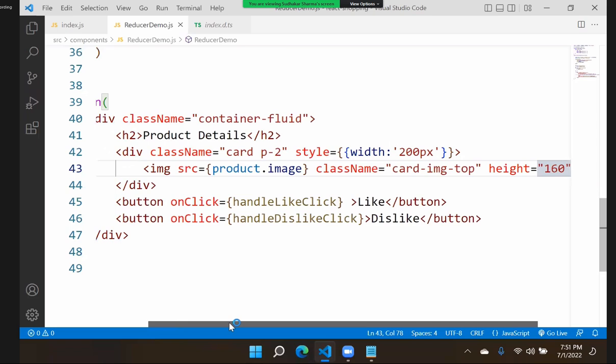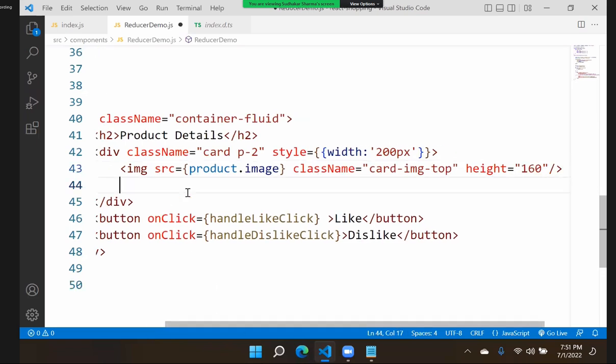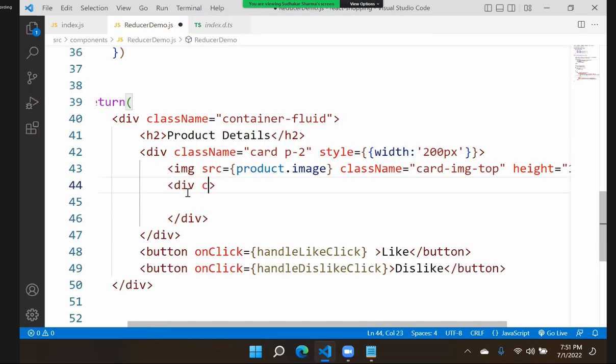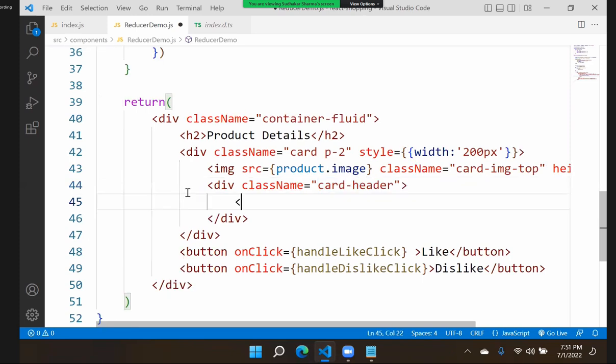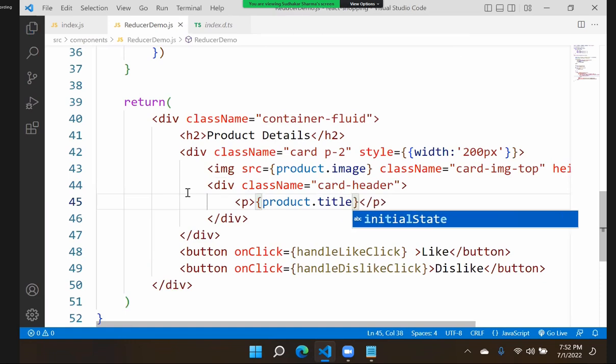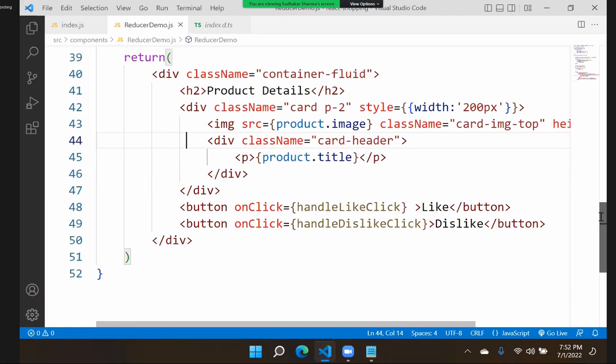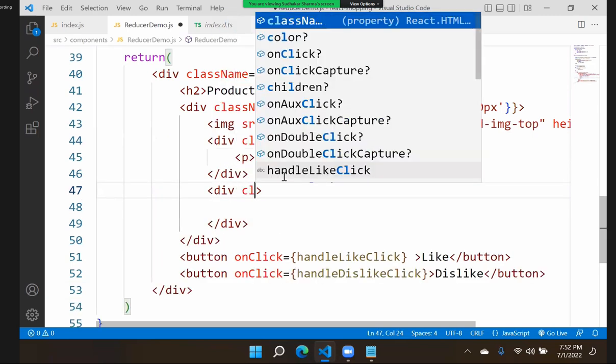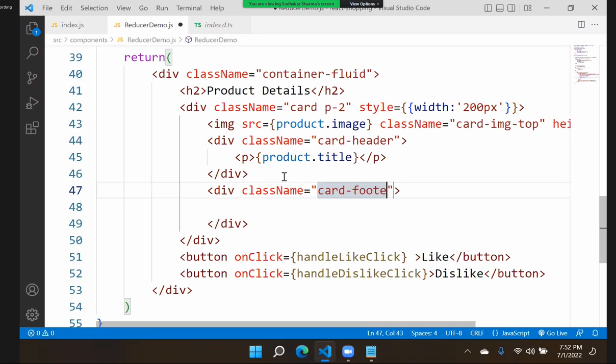Then below this I will put the title in a div with class name card-body or card-header, and here I will put title. So the product title I am displaying here, and in the card footer, div class name card-footer, and